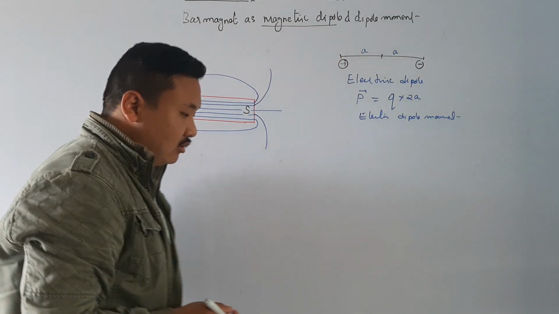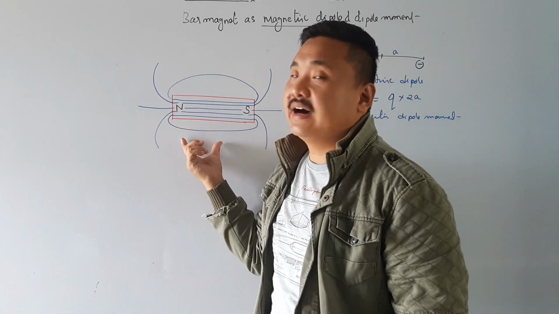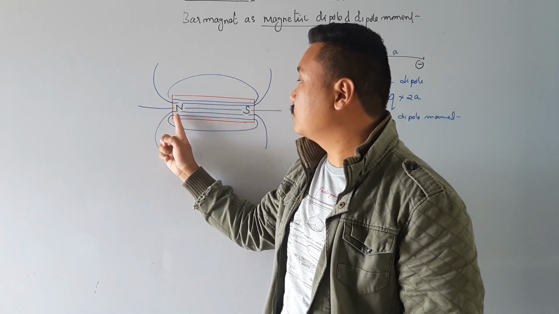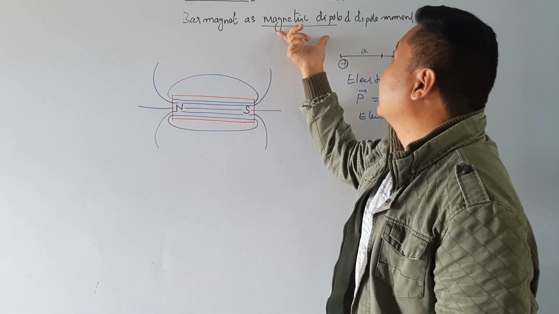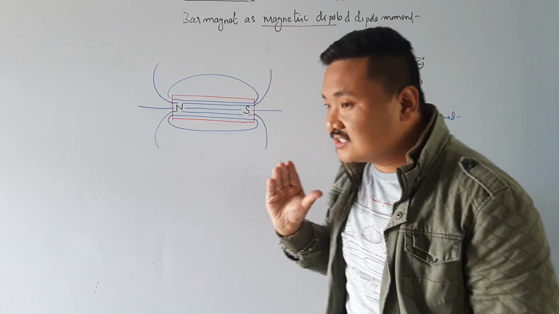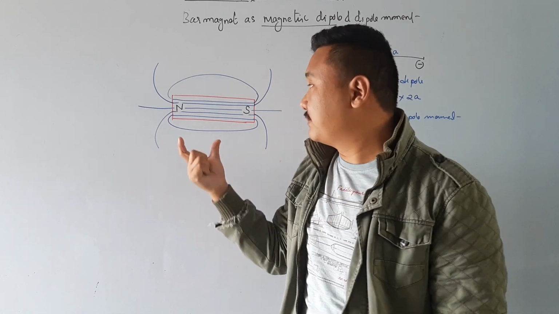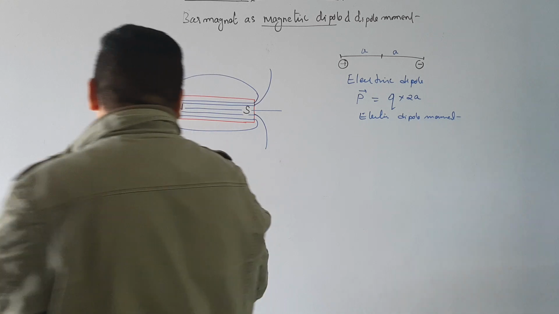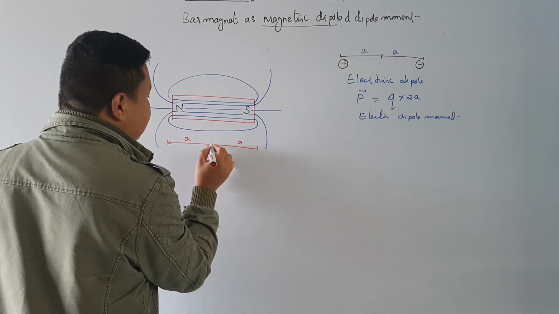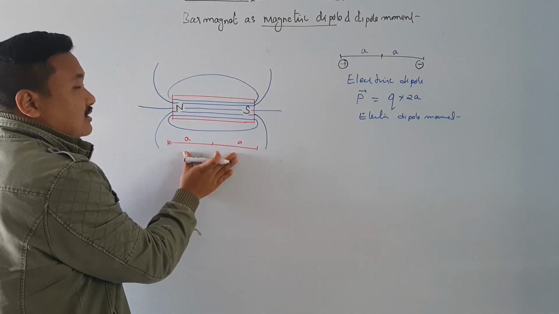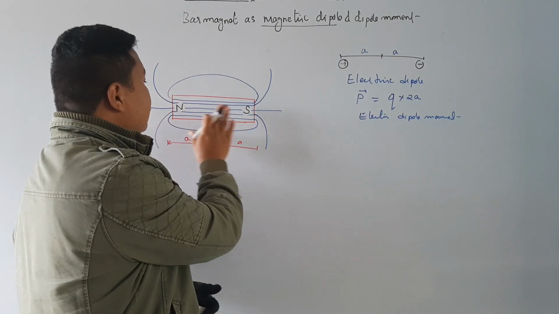So what is a dipole? Di means two and poles means the ends. Similarly, we have a bar magnet and we have two poles, that is north pole and south pole. So this magnet can be called a magnetic dipole. Magnetic dipole is a system of a small bar magnet with poles separated by a small distance. So A and A, that is my midpoint. Again I am calling the distance between this north pole and south pole 2A, right? This is my north pole, that is my south pole.